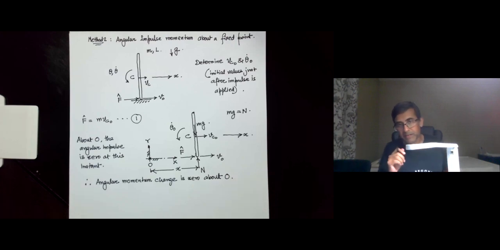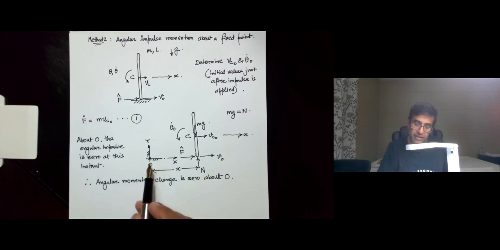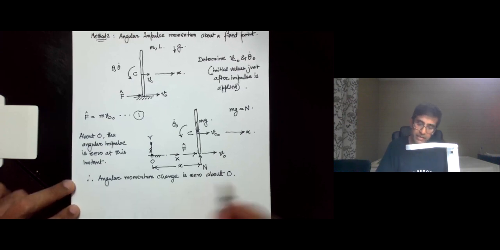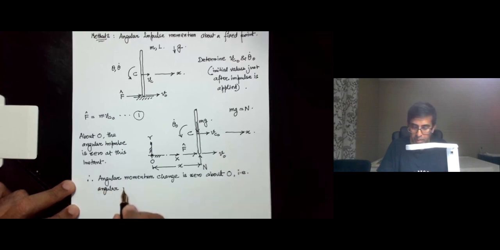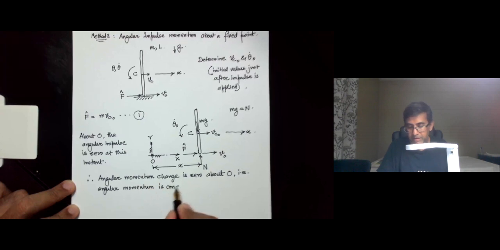So what this means is very interesting. Initially, the bar, when it was resting vertically upright in a fragile equilibrium, had 0 angular momentum about O. After the impulse is applied, the angular momentum that will be produced due to this impulse about the point O will also be equal to 0. So angular momentum is conserved about O